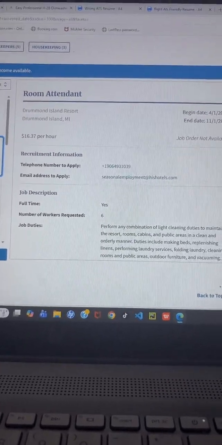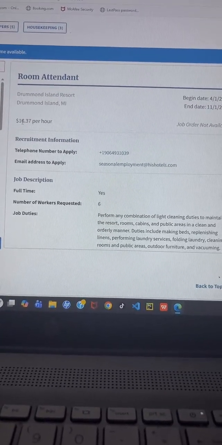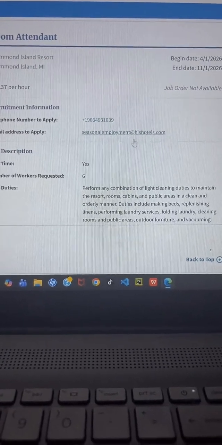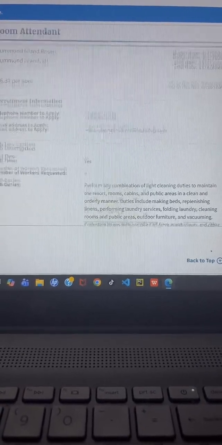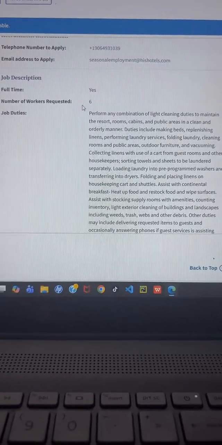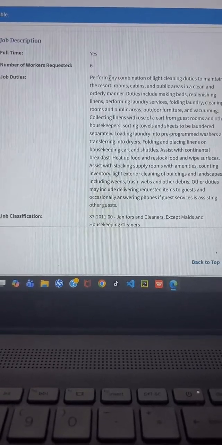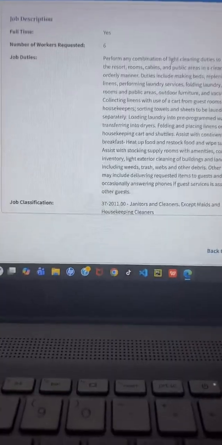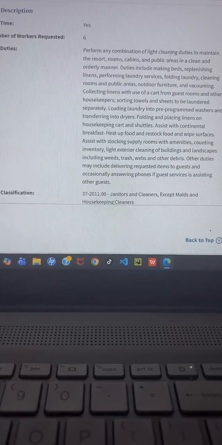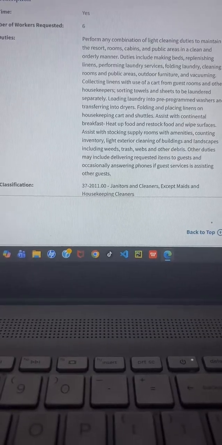Alright, this is room attendant. This is in Michigan. $16.37 per hour. The telephone number is here. The email address is there. Number of workers, six persons. They need someone performing any combination of light cleaning duties to maintain the resort rooms, cabins, and public areas in a clean manner.